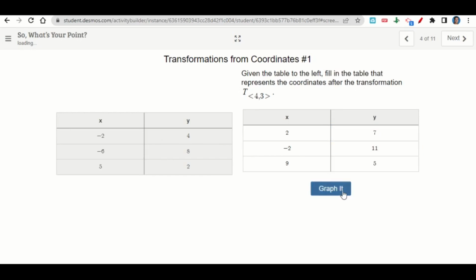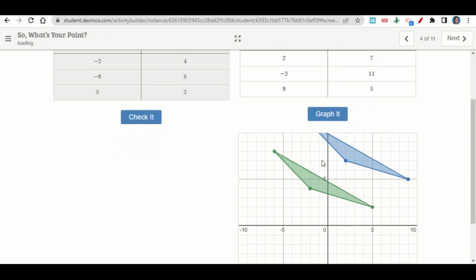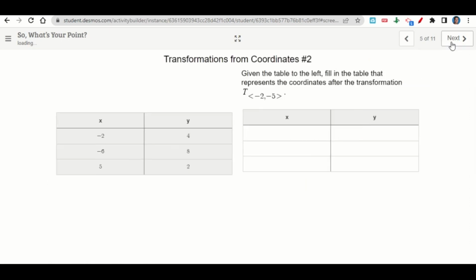So we go ahead and do that. We hit Graph It. And we can see that we have our original shape and our new shape, and we can see if that's correct. So now we hit Check It. This is what it's supposed to look like. This is what we have, and they look exactly the same. So we did it correctly. Now let's look at